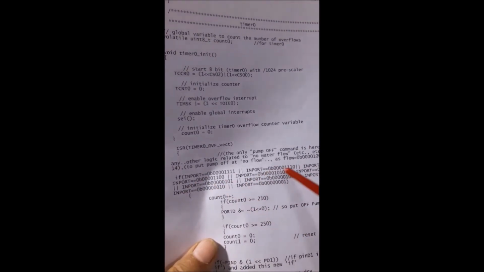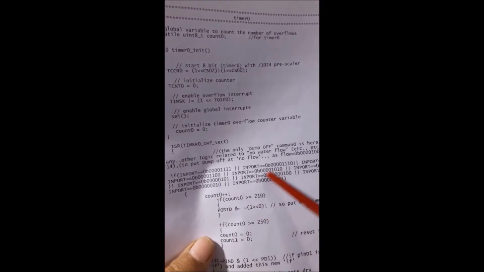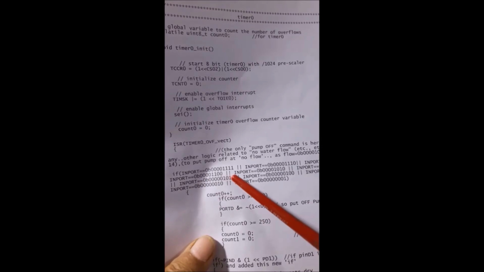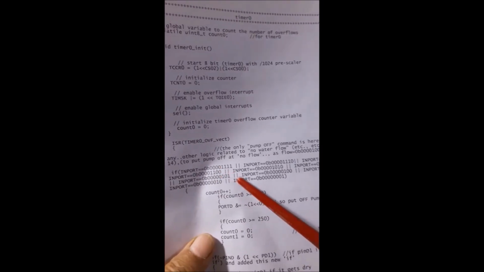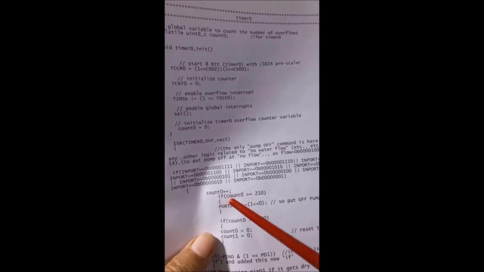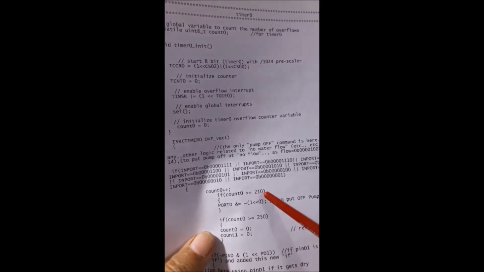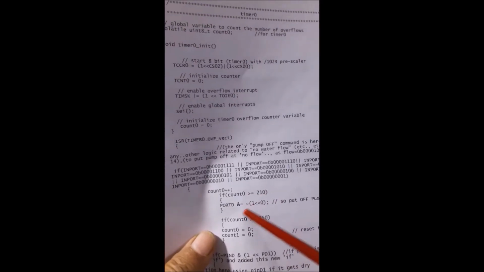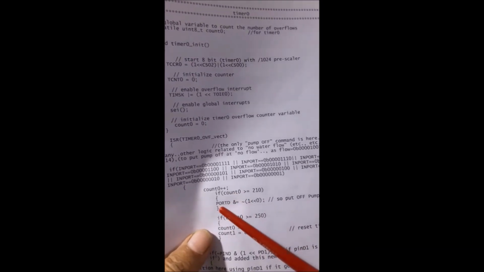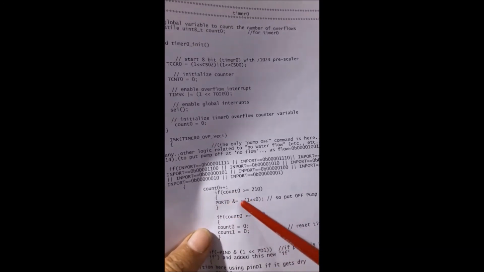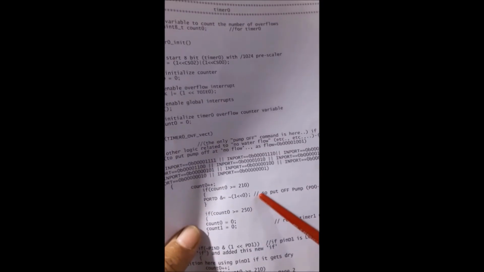If any of these conditions are there which are not desirable, it is a faulty condition, then immediately the pump will be put off. Not immediately, but after count 0 of the timer 0 goes to 210 counts, that is about 30 seconds. Then port D pin 0 will be put off, the pump will be put off, and then it will reset.